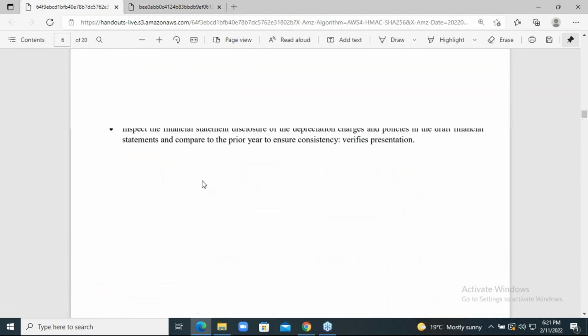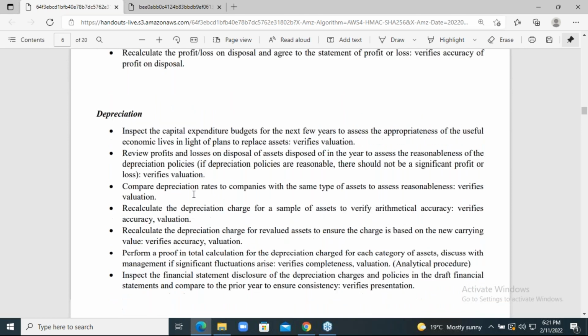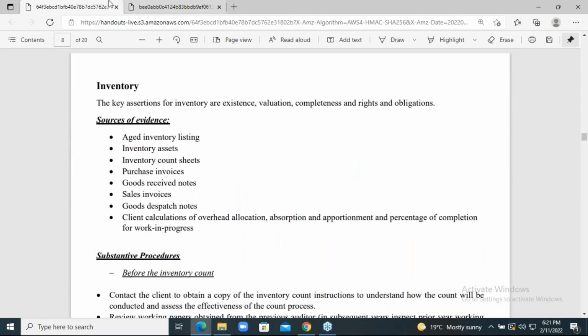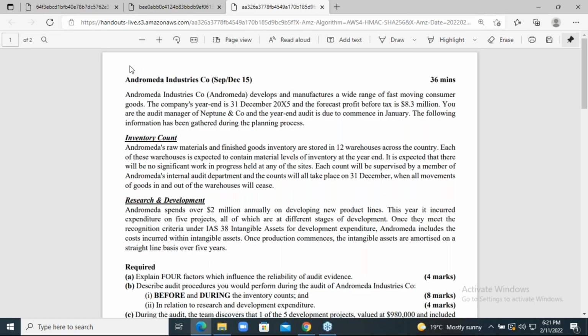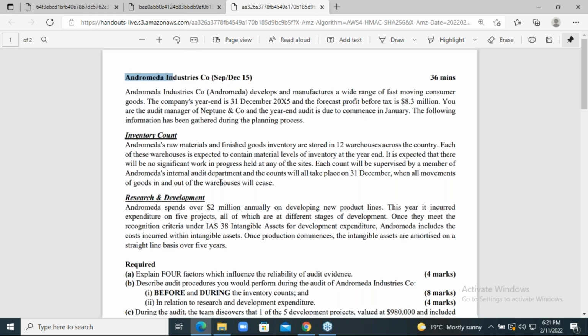When you have memorized these procedures, go to question banks and find some questions like Andromeda. This is a three-step approach. Step number one, memorize the generic procedures. Step number two, attempt questions like Andromeda, where generic procedures